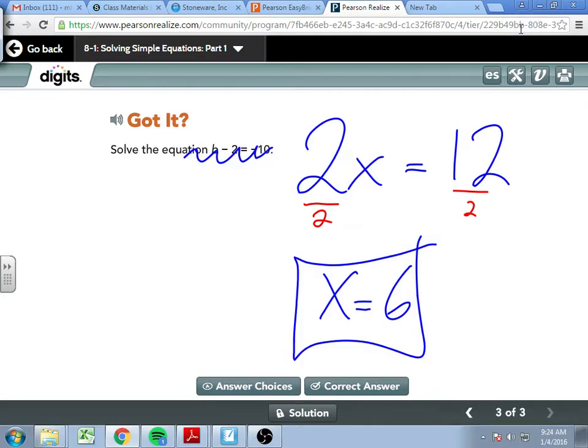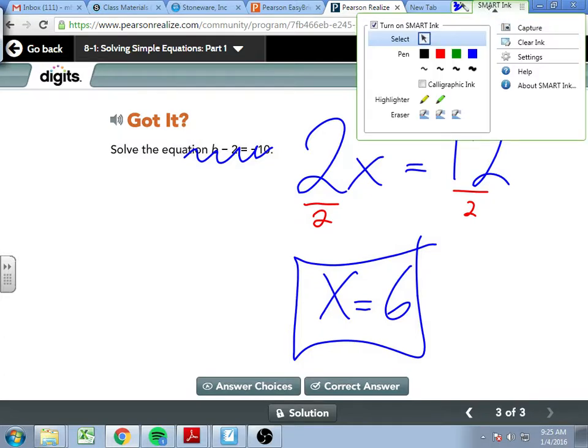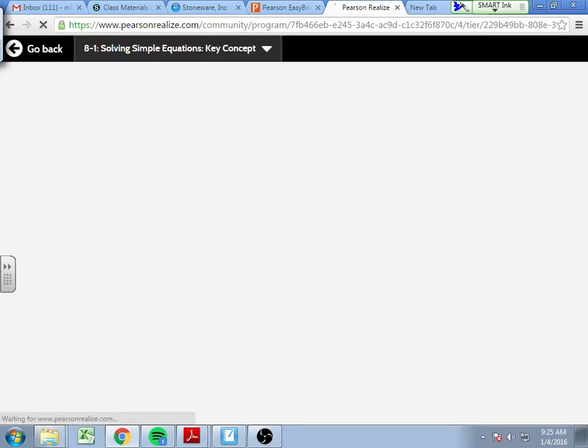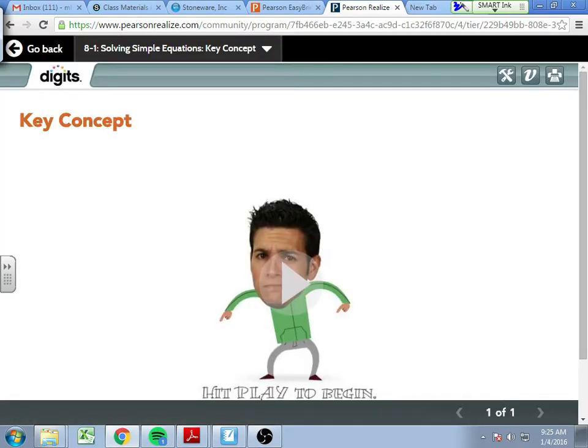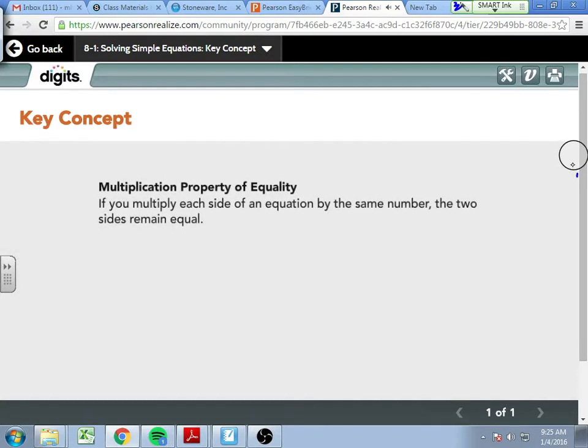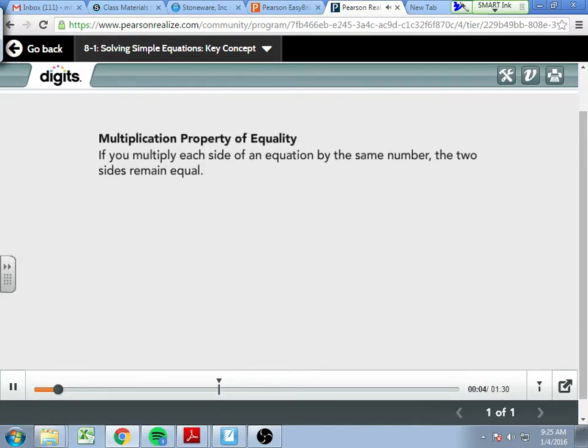That leads us to our next key concept, the multiplication and division properties of equality. Multiplication and division properties of equality say the exact same thing that we just said, as long as we do it to both sides. The multiplication property of equality states that if you multiply each side of an equation by the same number,